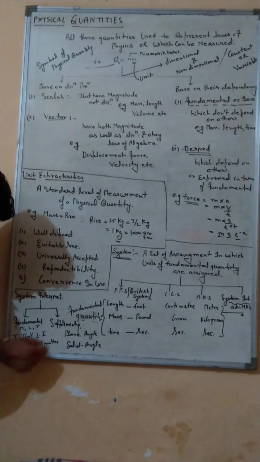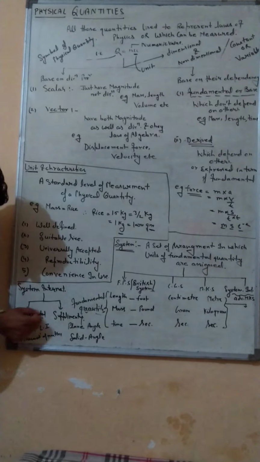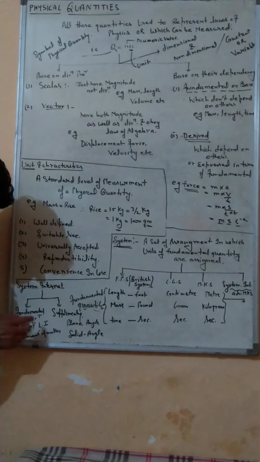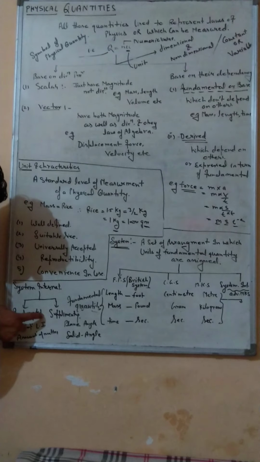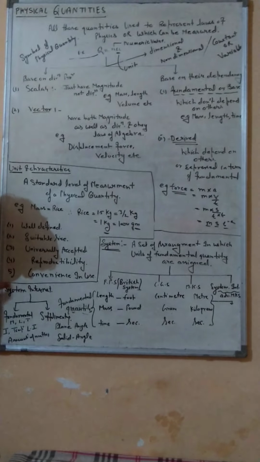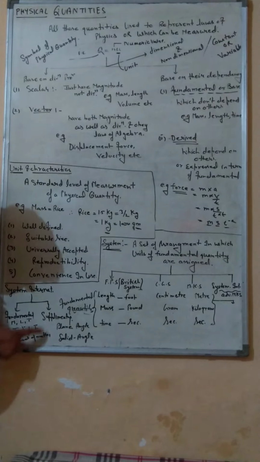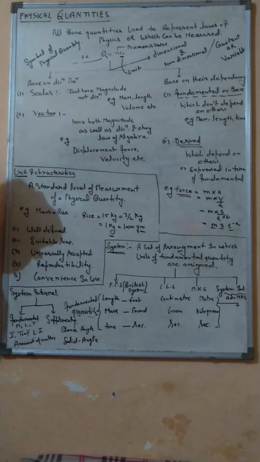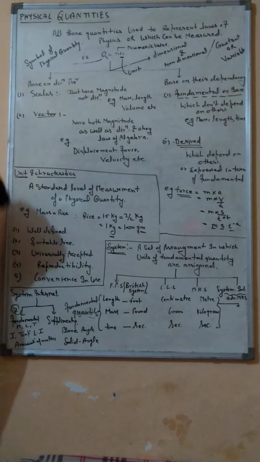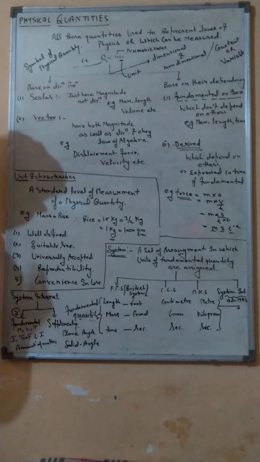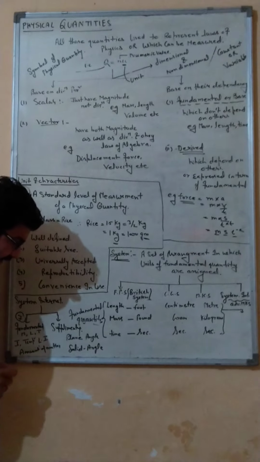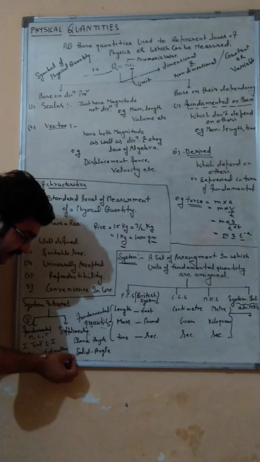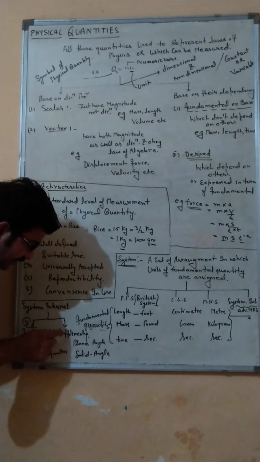These four special terms are added to the three already from MKS, which makes it the advanced MKS. How many fundamental quantities are in the SI system? 4 and 3, 7 fundamental quantities. Point to be noted. Second, in case of supplementary, there are only two physical quantities: plane angle and solid angle. And these plane angle and solid angle combined together make